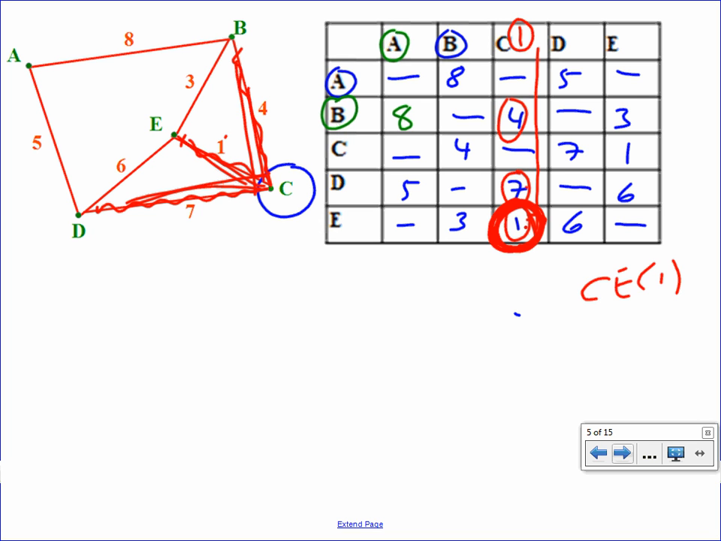So which node have I now brought in? You brought in C. And I had brought C in originally. I brought in E. So E came in second. Okay? Right. Now looking at our graph,